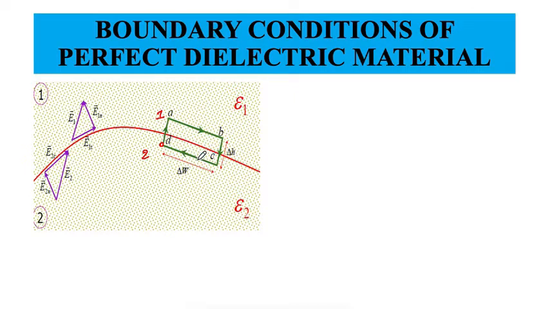So this plane, this red one, I now consider to be the boundary between two mediums. I can denote the property of the second medium by giving its relative permittivity epsilon 2, and the relative permittivity of medium 1 as epsilon 1. Now I have an electric field inside the first dielectric medium.